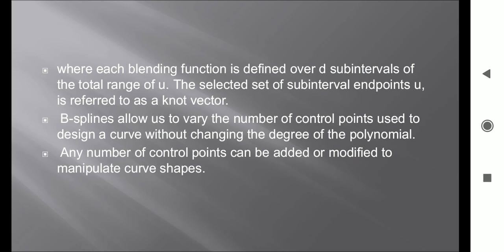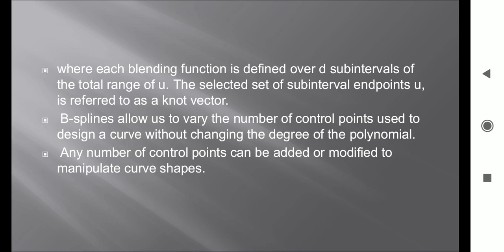Where each blending function is defined over d subintervals of the total range of u, the selected set of subintervals endpoints u is referred to as the knot vector. So what is a knot vector? We take a range of u and in that range of u we select d number of subintervals, and the selected set of subintervals with endpoints u is referred to as